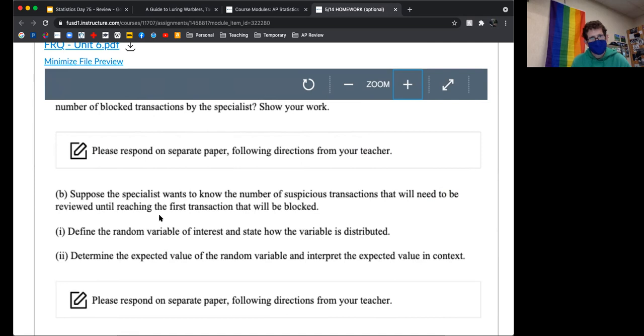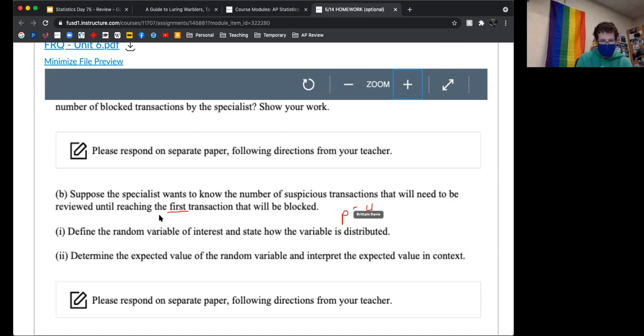Geometric, perfect. It is geometric because you can even see the word first. It's not a set number of trials, but how many transactions will it take until we see the first blocked transaction on average? And since it's 0.4 probability,